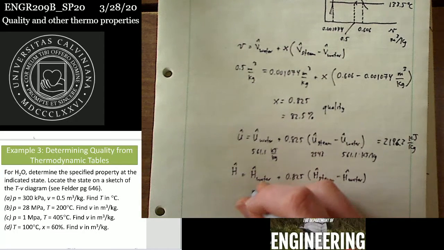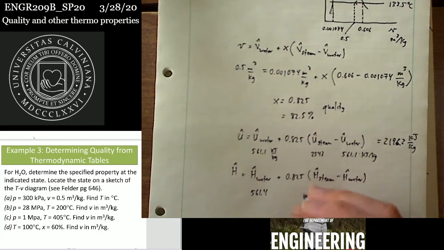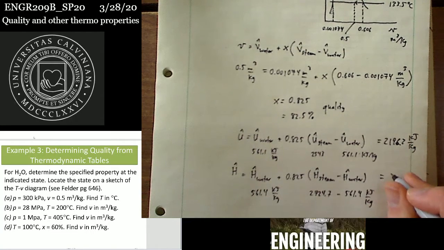Here we've got 561.4. Remember, enthalpy and internal energy are related by that PV term, or flow work in an open system. So this is 2724.7 kilojoules per kilogram minus 561.4. And so when we evaluate that, we get 2346.1